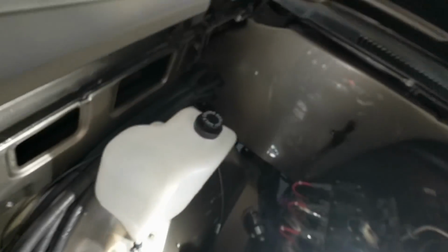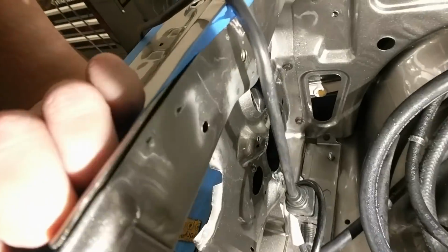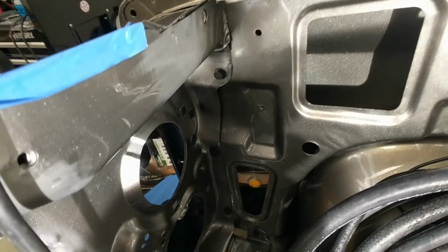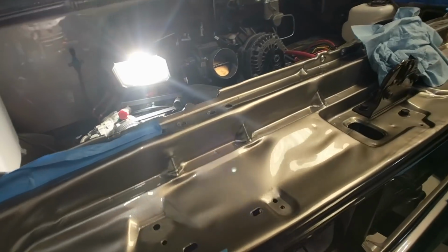I wanted to go through it, and then on the other side, I showed you that a little earlier, but yeah, it's a lot more places than I initially thought, especially on the back side of this. There's a good bit of bare metal showing, so I had to go and sand a lot of it. But hopefully when it's all said and done, I will have learned how to airbrush,